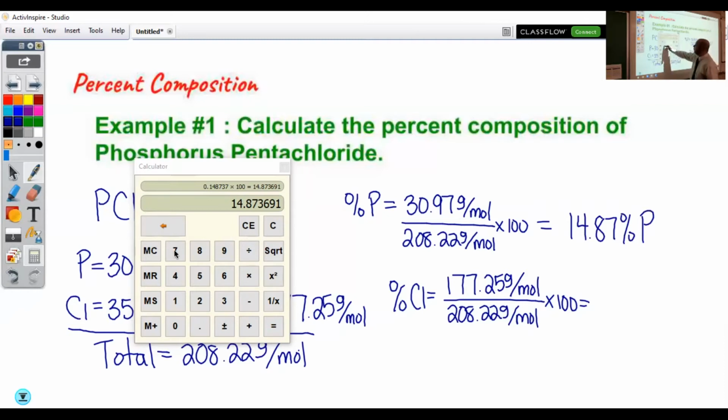For the chlorine part, we have 177.25. We're going to divide that by 208.22. And in this case, we can keep 5 significant figures. However, we're going to make it match, so we're only going to keep 4. So we'll have 85.13